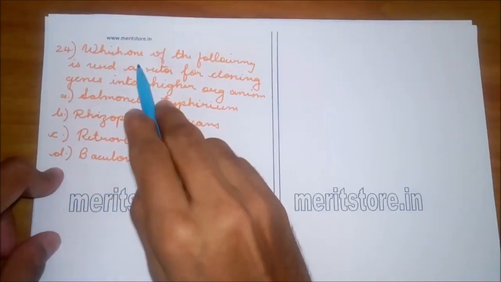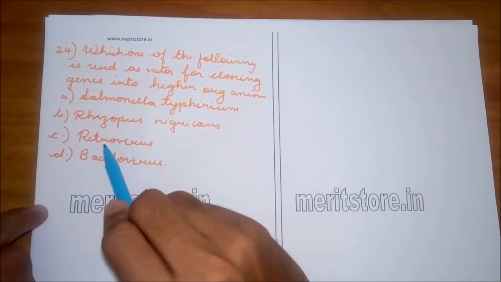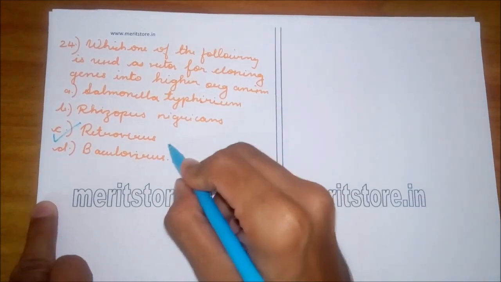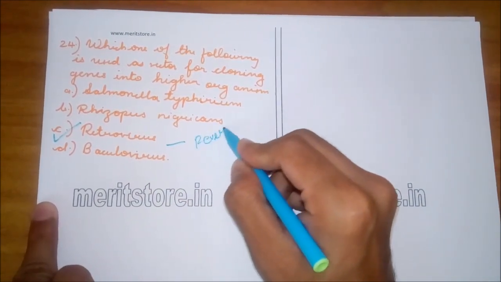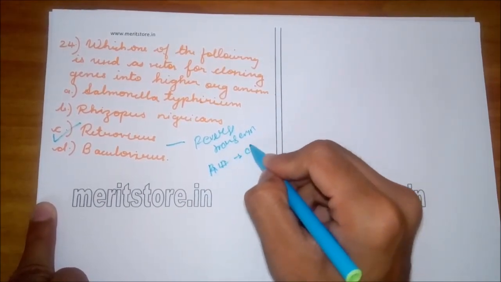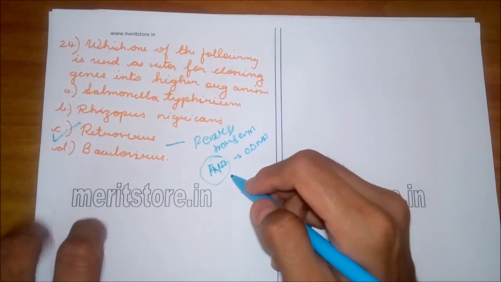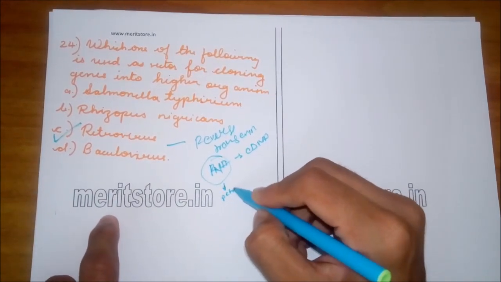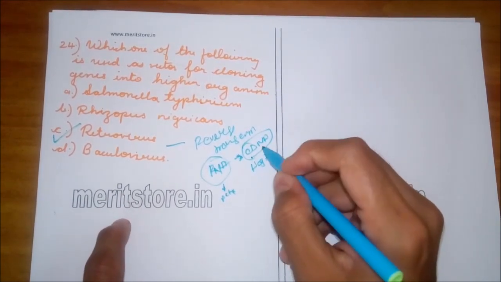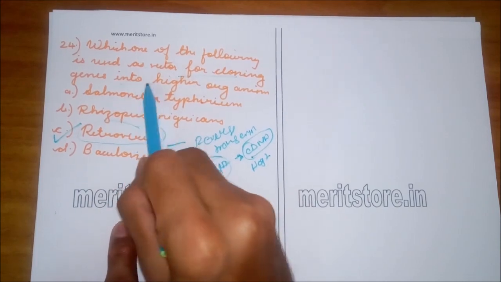Question number 24. Which one of the following is used as vector for cloning genes into higher organisms? Salmonella typhimurium, Rhizopus nigricans, retrovirus and baculovirus. Option C is the correct answer because it is pure information that retrovirus have an enzyme known as reverse transcriptase, which can convert RNA into cDNA. So the RNA coding a particular protein can be transformed into a DNA sequence in the host. So it is used as a vector for cloning genes into higher organisms